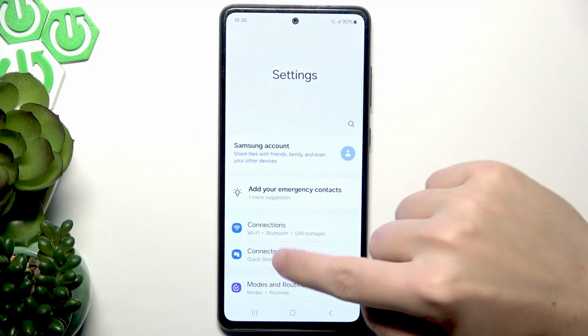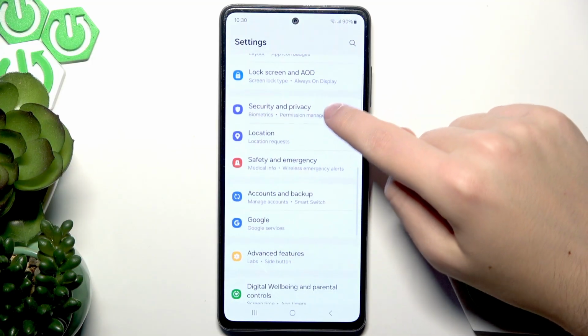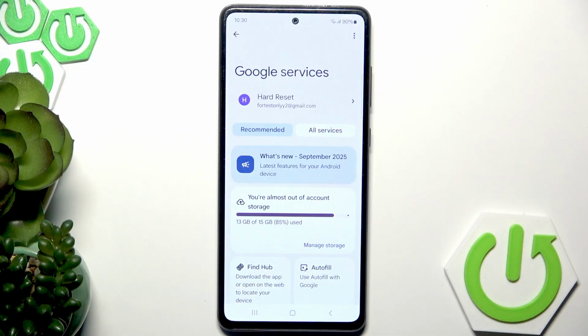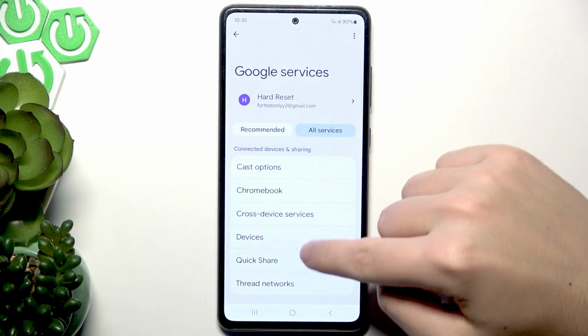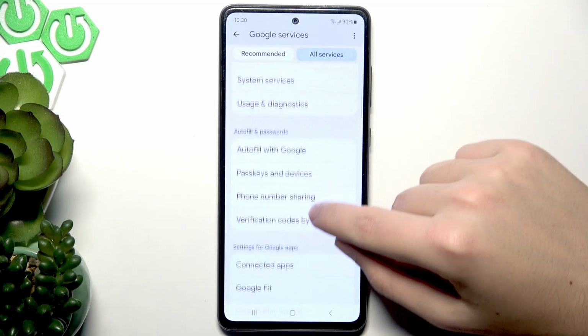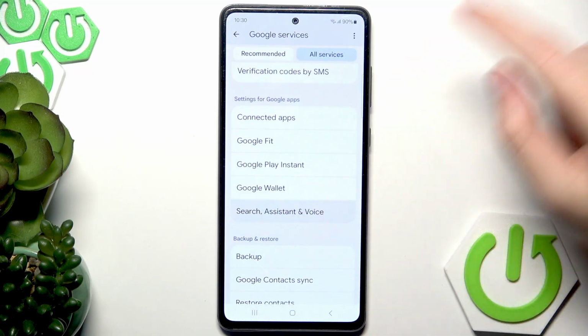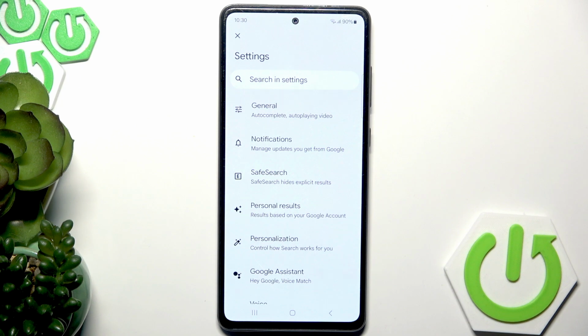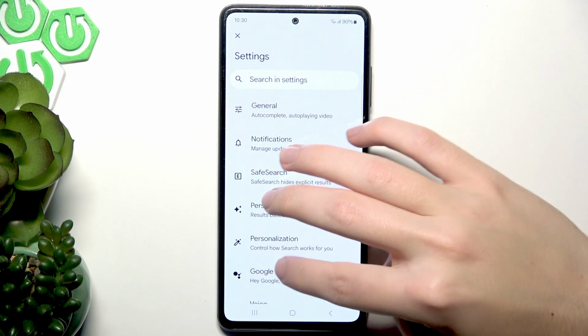In Settings, scroll down and find the Google menu. Click on All Services, and here look for the Search Assistant Voice option. Press on Google Assistant